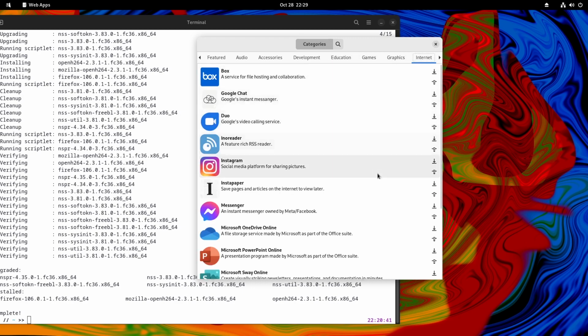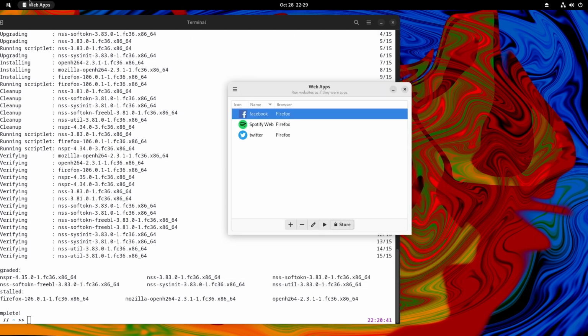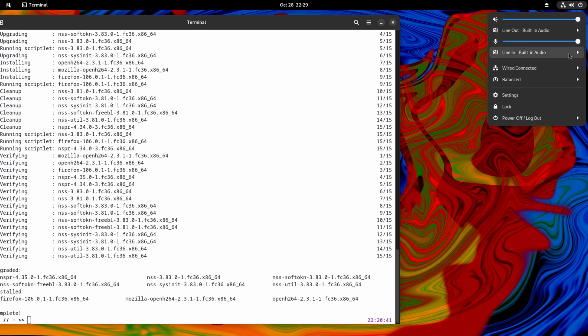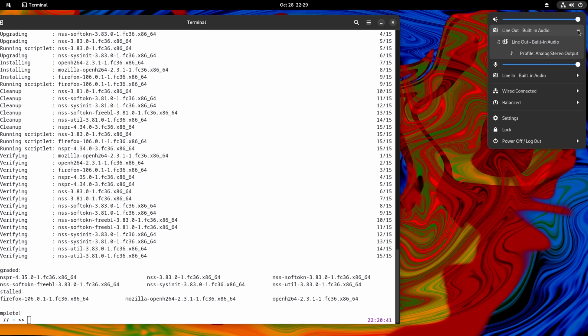Okay, and then let's go to the menu. So it's different with Fedora. We can see the line out and line in. So we can just click from here if we have more than one line in or line out.